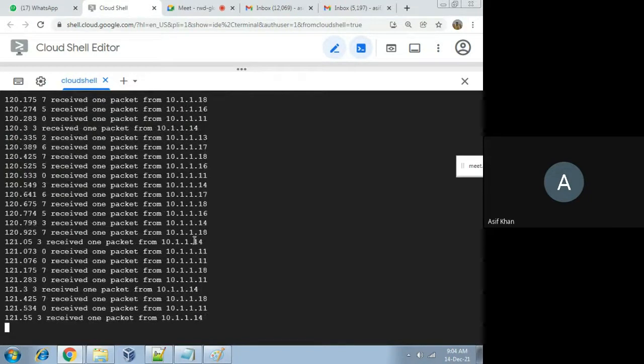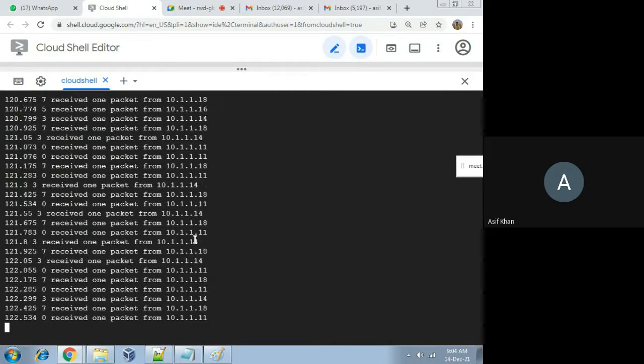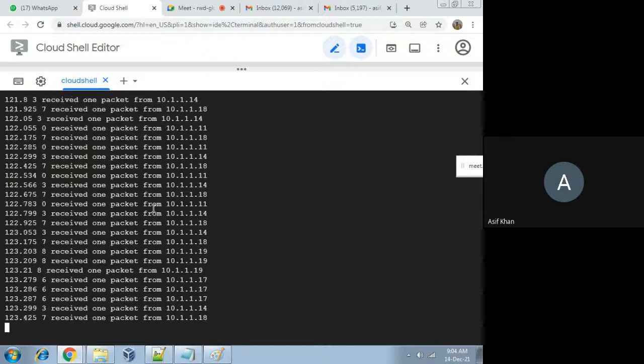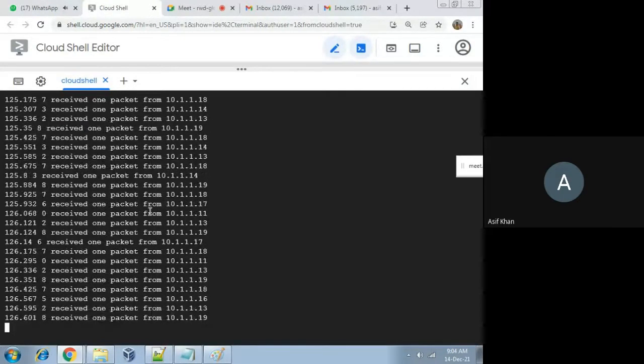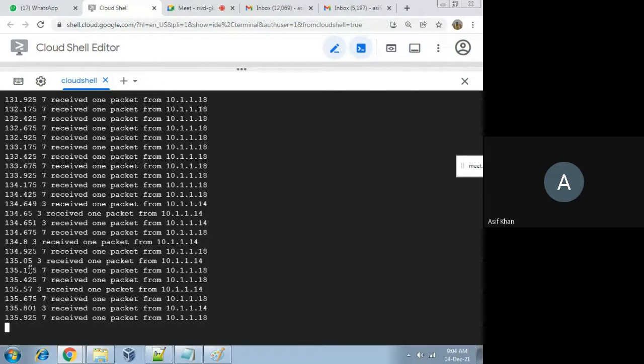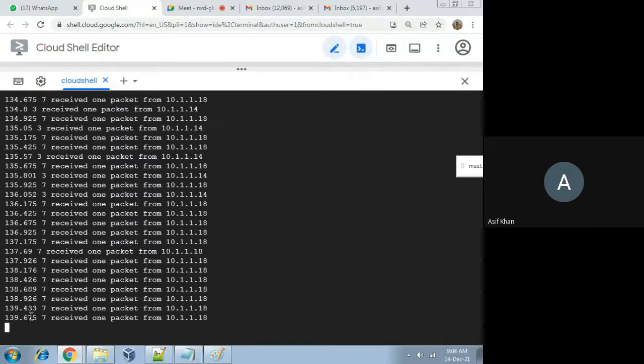So there is a verbose variable used in the code. By default that is true. If you make it false, the message will not be shown. It will run, but this message will not be shown here. It will run up to 150 seconds, the total simulation time we have given.